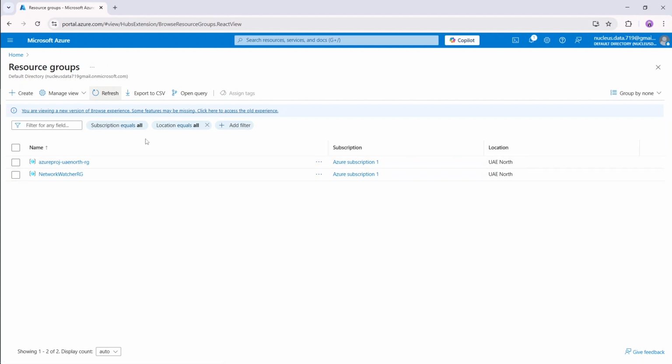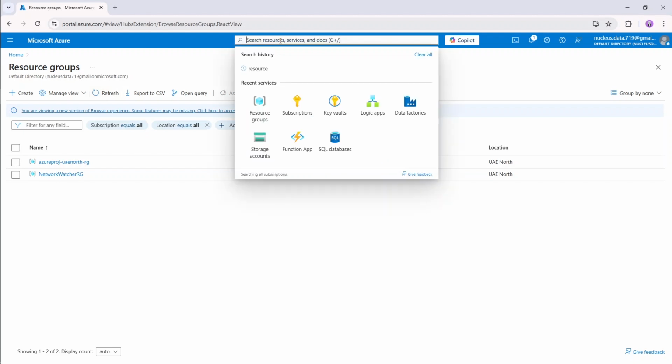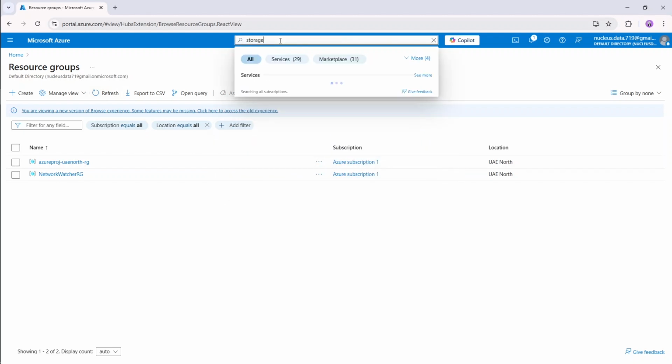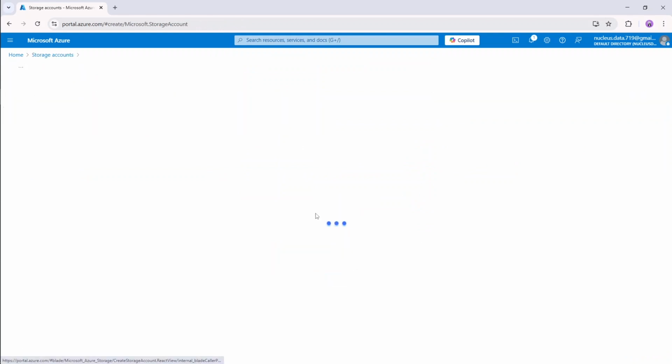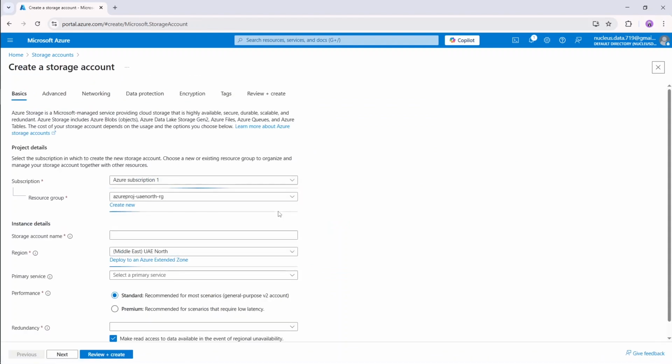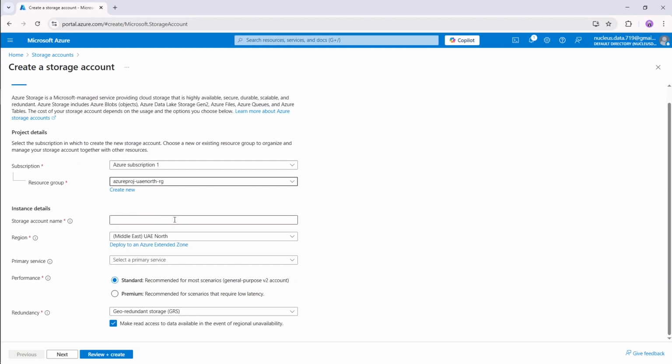Alright, now the next step is to create a storage account. So again go to search and type here storage. Click on storage accounts. Click on create. Now select the resource group which we created, Azure Proj, UAE North, RG, and now give the storage account